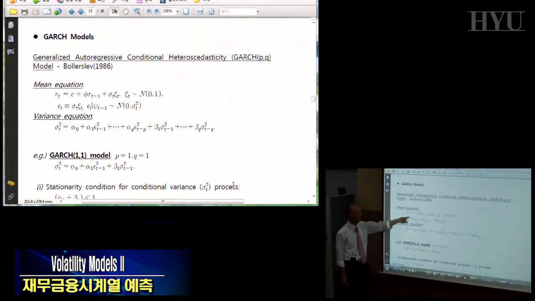So this is the typical generalized GARCH class model and its representation. And this is the data, right? This is the data. This is unobserved, right? Unobserved. Technically, we say this equation is referred to as the mean equation. So it has something to do with the data, right? And the natural name for this one is the variance equation, right?